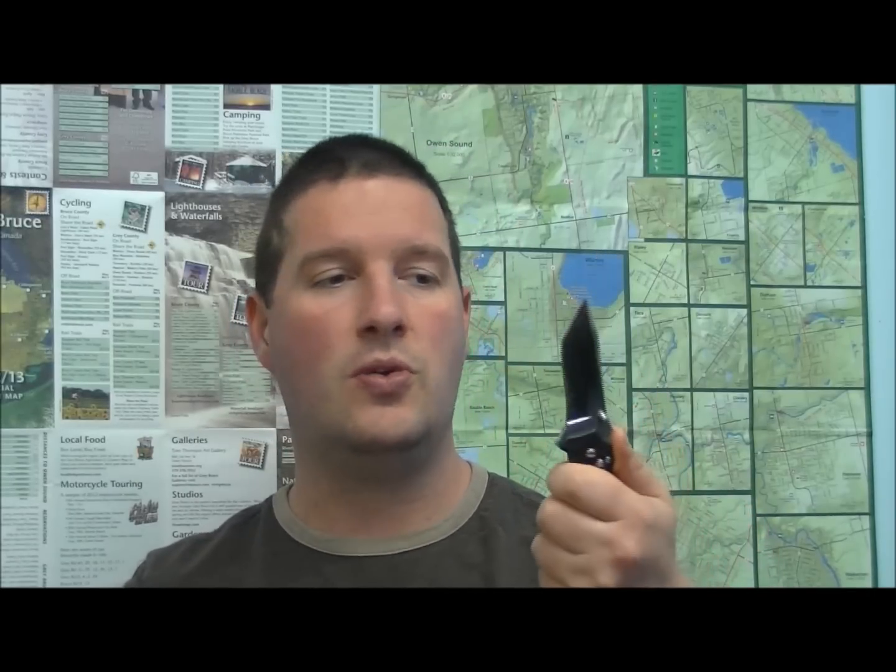Absolutely, yes, I do. In fact, I would say it's probably the best SOG folding knife that's available. Sadly, this knife doesn't seem to be that popular. The price has been dropping, which usually indicates, hey, people aren't buying this. You don't see a lot of people talking about it. So I gotta say,